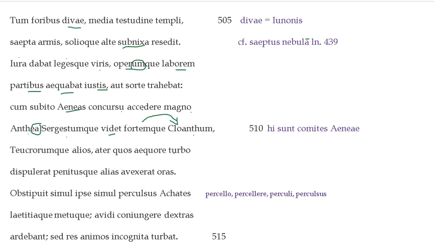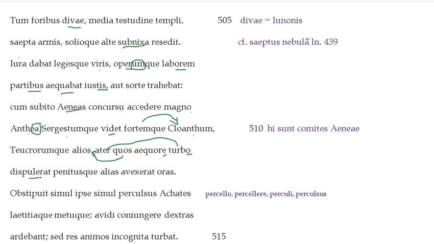Here, quos ater aequore turbo. You may remember that sometimes things will be pulled into a relative clause which properly belong out of it, but occasionally things which properly belong in a relative clause will be pulled out of it. So note that this should actually say quos ater aequore turbo, and then ater modifies turbo. You may have initially thought that turbo was an adjective modifying aequore, but this is actually nominative singular. A turbo being something like a whirlpool. So note that quos here is going to be a direct object.